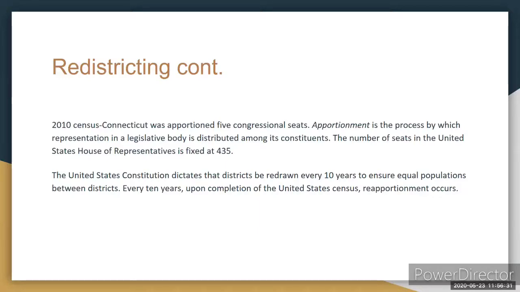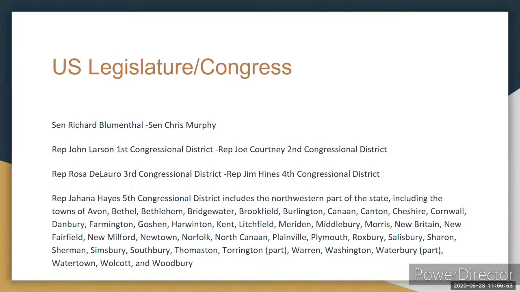So within this census, it's supposed to reflect the population and how that population is represented in the Congress, whether it's state or federal. Each person that's elected is supposed to be there to represent that number in that population. So in Connecticut, the constituents have selected in the Senate,